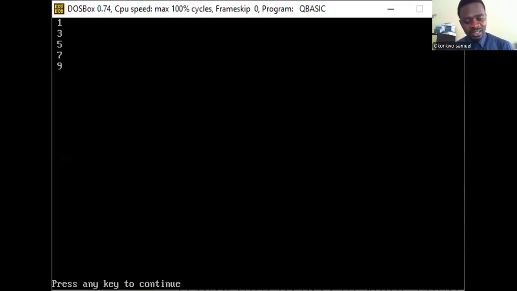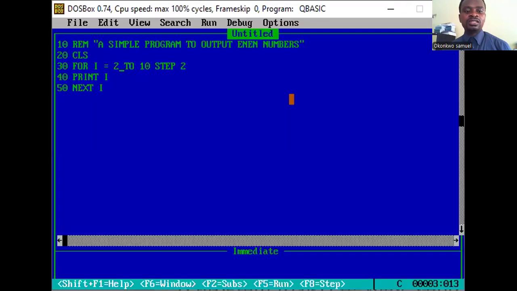Okay, so now let me just write. If you want to write odd numbers, you have 1, 3, just start from 1. The 1 is there. Then to get even numbers, start it from 2. Okay, you get 2, 4, 6, 8, 10. Okay, now